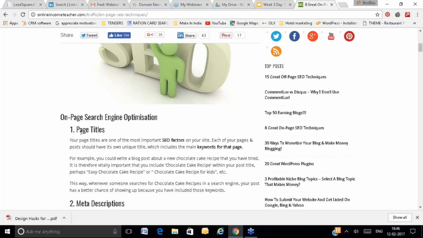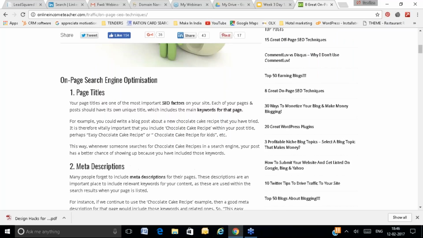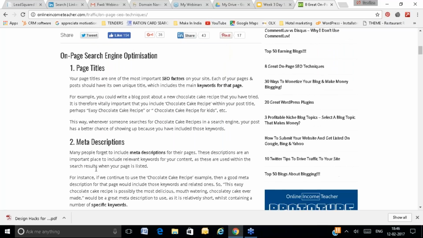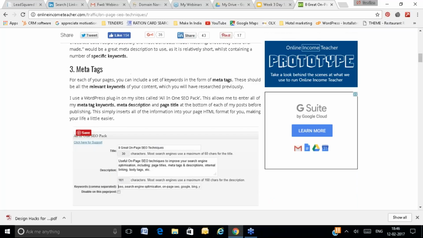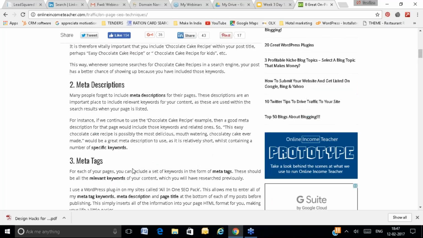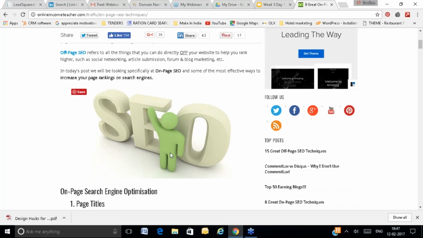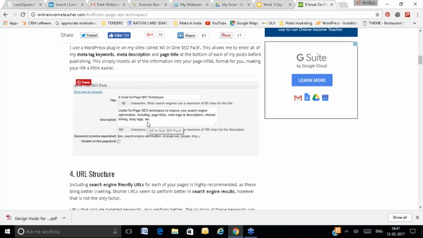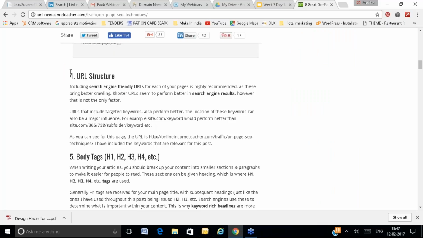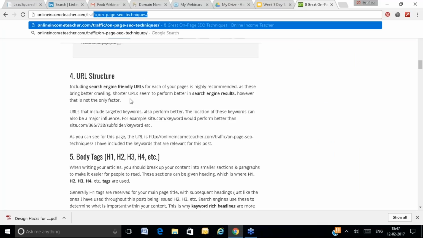Like they have used these kinds of bulleted formats. Number one, you are using the keyword in the title; second, they are using the keyword in the descriptions; you are using keywords in the keyword tag or meta tags; you are using images. See, here you have used images, here you have used images. So the use of images on the page is a factor in ranking. How you are using the images is a factor in ranking. And if you are using the keyword in your URL, this is a factor in ranking.